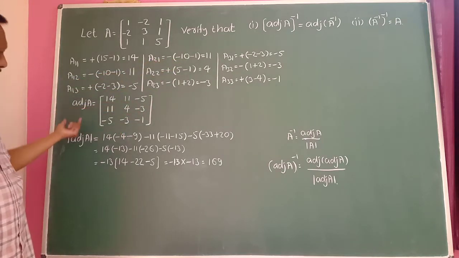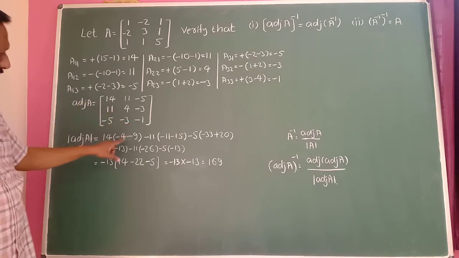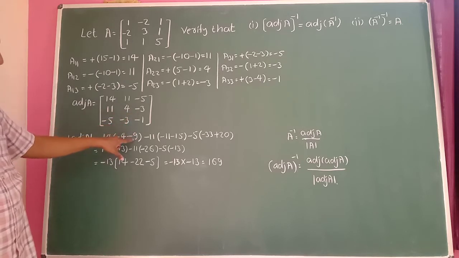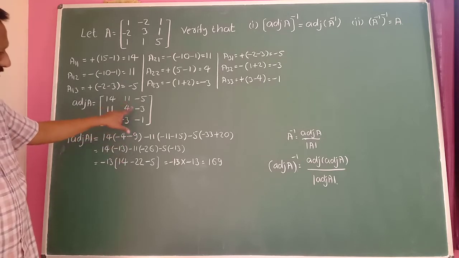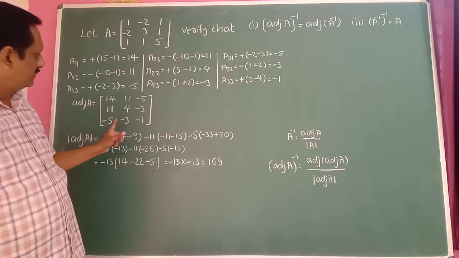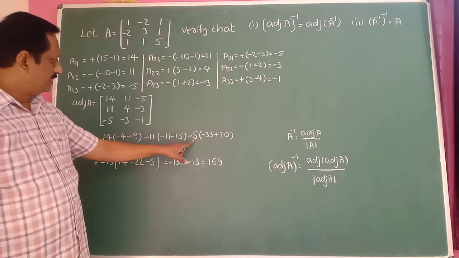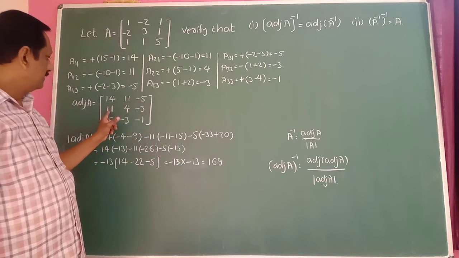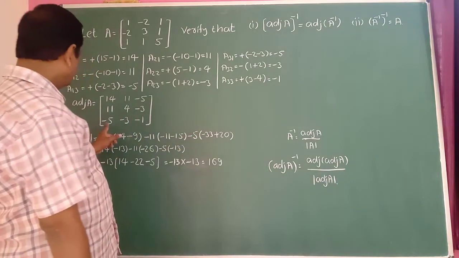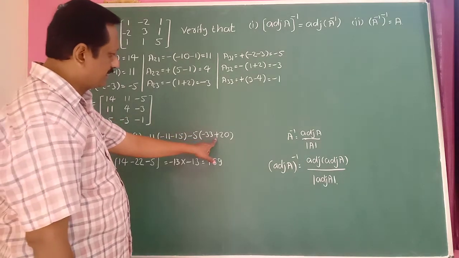Then its determinant here. The determinant is 14 into 4 into minus 1 is minus 4, minus of minus 3 into minus 3, plus sign here. Minus of 11. 11 into minus 1 is minus 11, minus of 5 is 15 here, minus into minus plus, so 15, minus 5. 11 into 3 is 33, minus 33, and 5 4s are 20, minus 20, minus 5, minus plus 20 here.